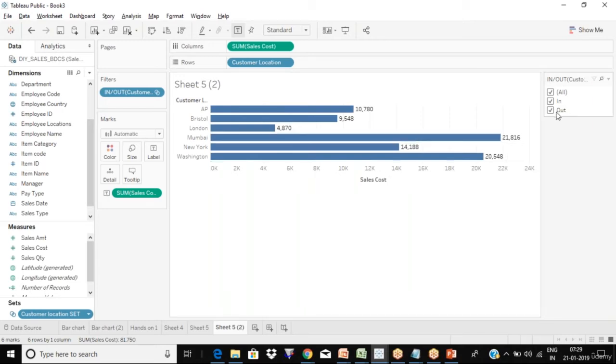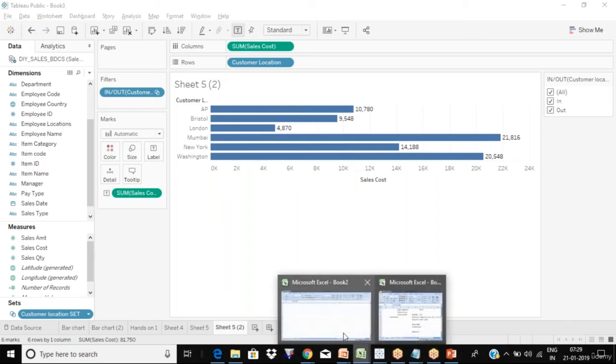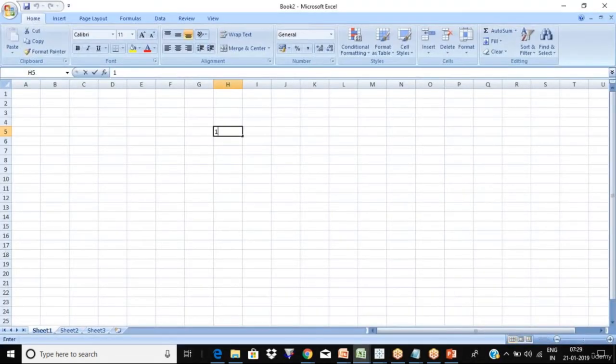When you select Out, you will get the rest of the cities. Imagine these are the city names.